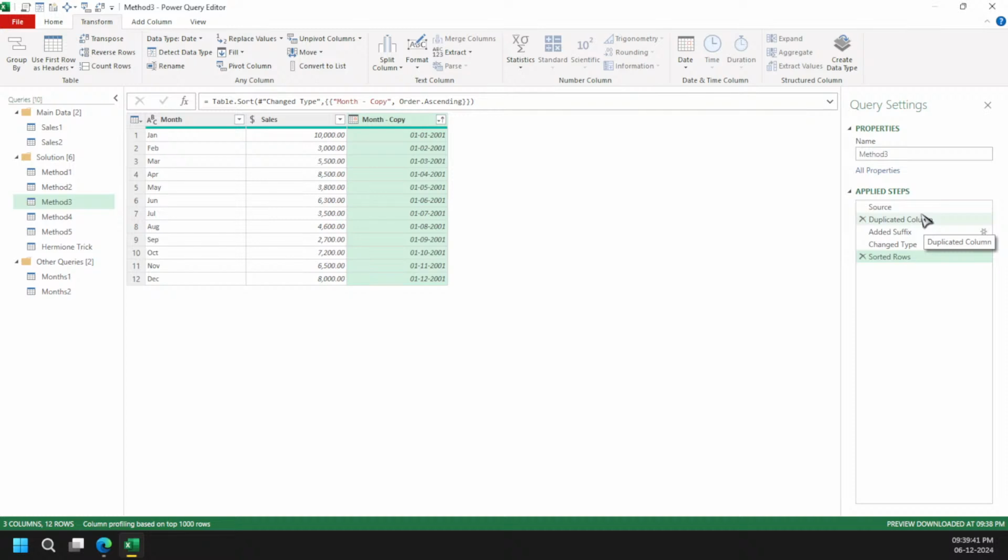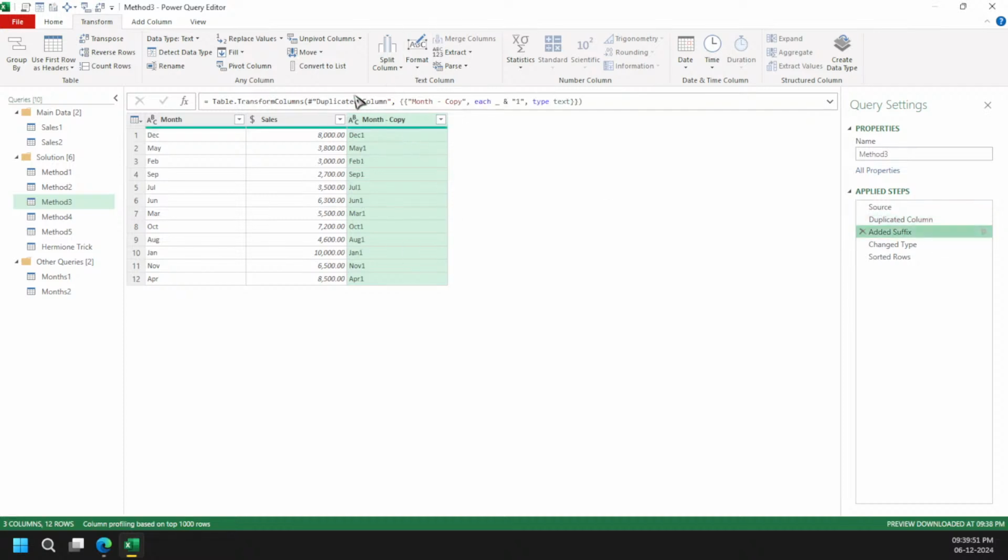So if you go here behind the scenes, just see, it is duplicating the column, so we can practically avoid that. Not a problem. Then, this is the main thing. By duplicating the column, what it is doing now is adding one. This is simply the concatenation part, which we do in our Excel.